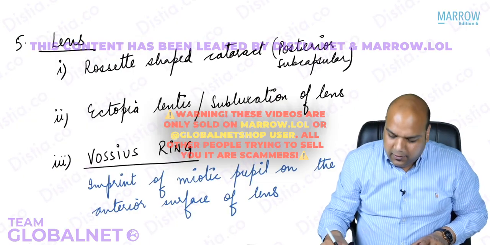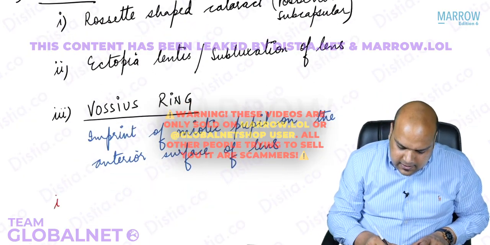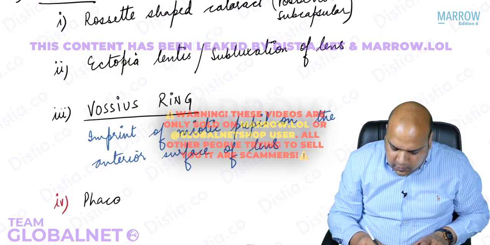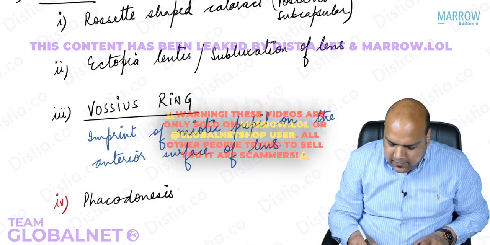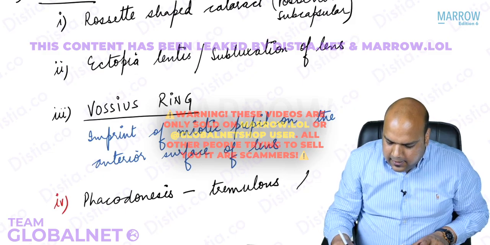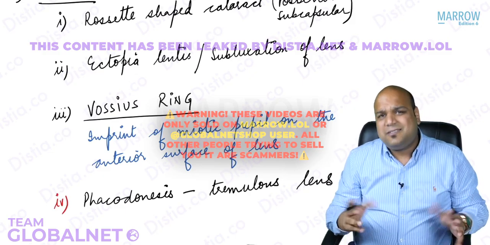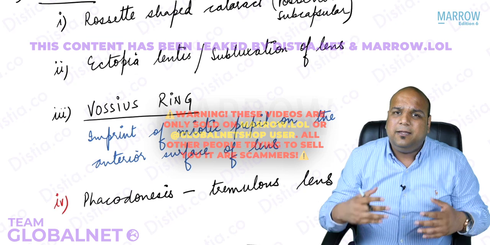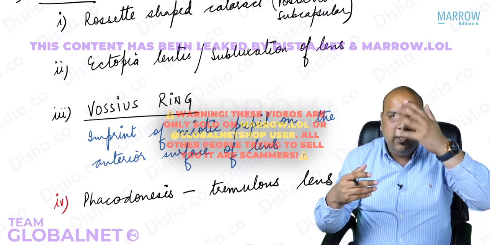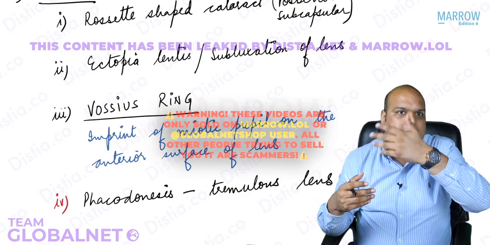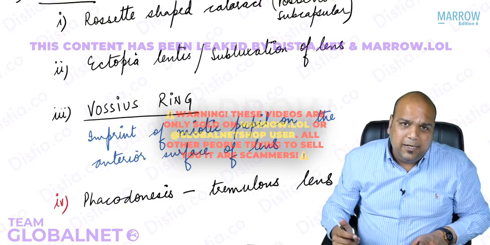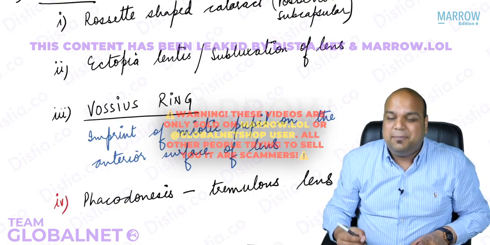Yes or no? Done? Now, the last thing which can occur, everybody, just like we saw in the iris, is phacodonesis, or we are saying tremulous lens, trembling lens. Okay, everybody. If there was soft trauma, then the lens will probably just be slightly shaking. If you ask the patient to look up, look down, you will see that the lens is not stable. It is shaking whenever you ask the patient to look anywhere because of weakened zonules. Am I clear to everybody? So these are the important changes that take place in the lens.